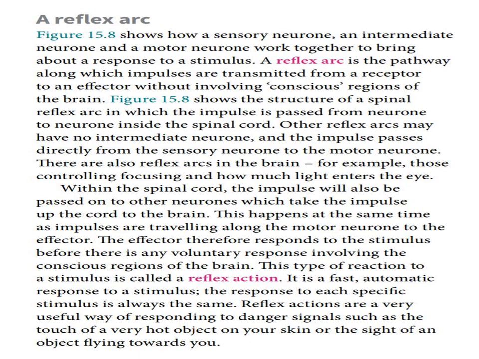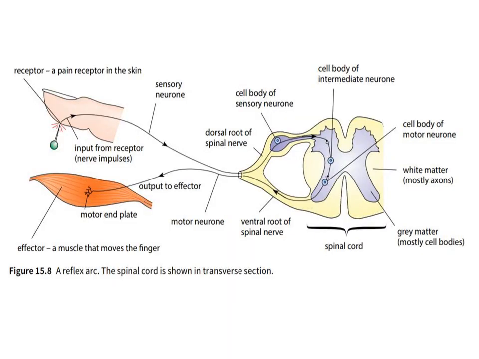So a reflex action is fast, it is an automatic response to a particular stimulus. The response to each specific stimulus is always the same. Reflex actions are a very useful way of responding to danger signals, such as the touch of a very hot object on your skin or the sight of an object flying towards you. So what I'm trying to say is that you can see that